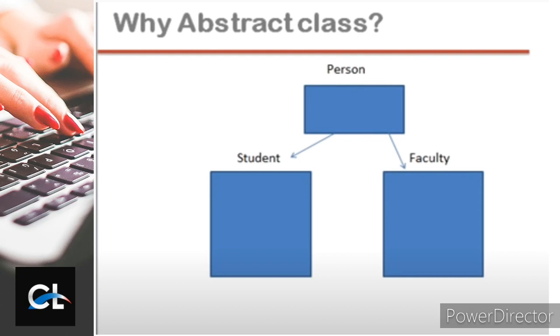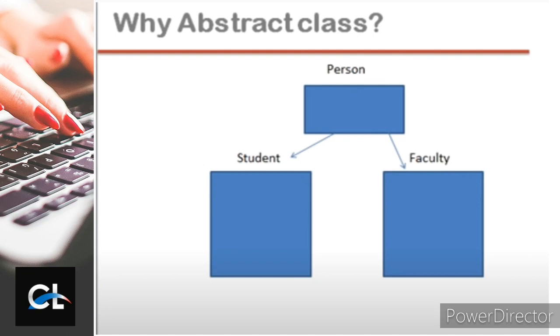So now few attributes are common. Like student also has name, faculty also has name. Student also has date of birth, faculty also has. Student and faculty, they are different but few fields are common.